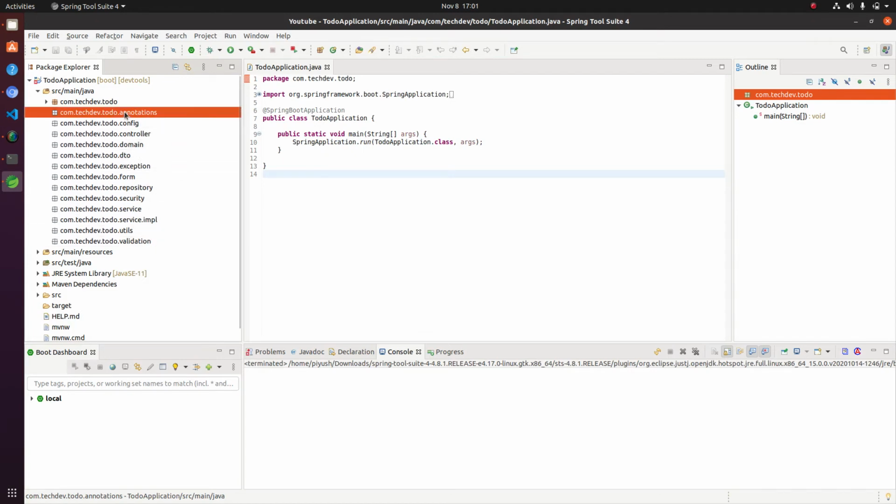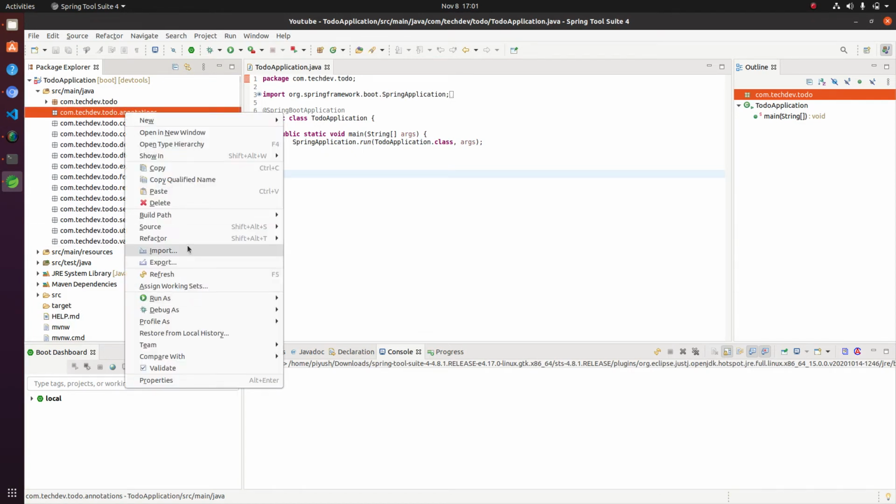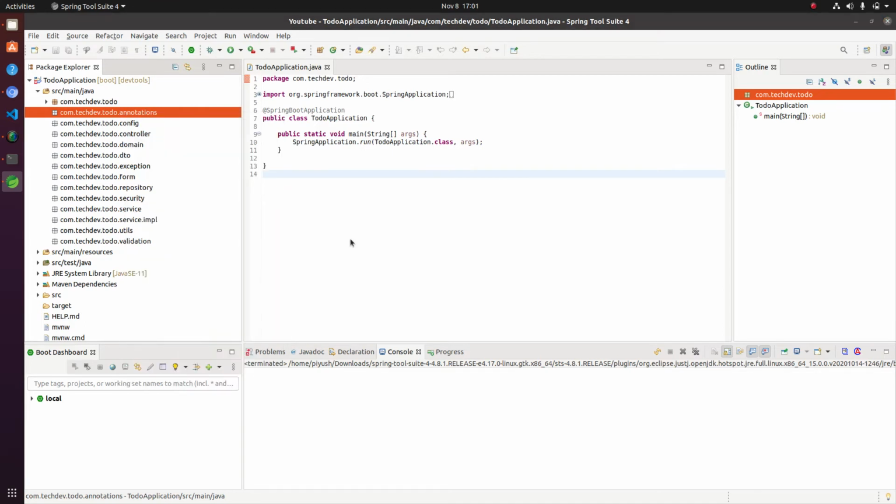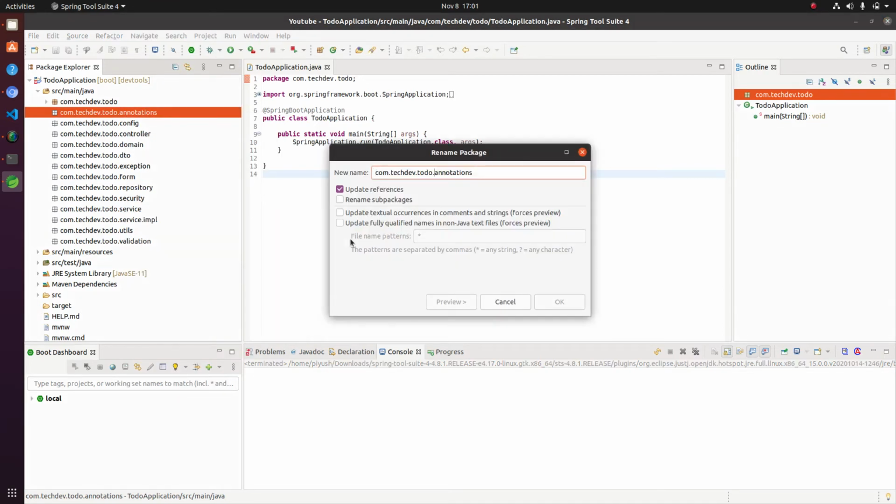So you can rename this package. Just go to it and refactor and rename. And to do, we will put validation dot annotation. Okay. So click on OK.